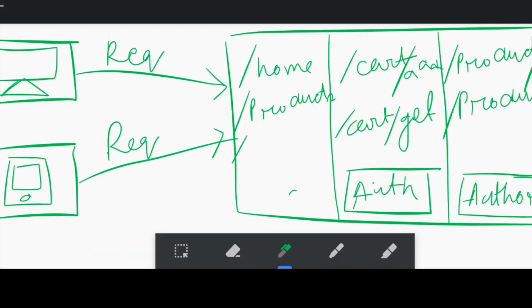At the left, if you notice, the clients are sending requests. These are nothing but HTTP requests. Next, we have to ensure that the web application is secure. So for that, instead of HTTP, we want to have HTTPS in our web application.